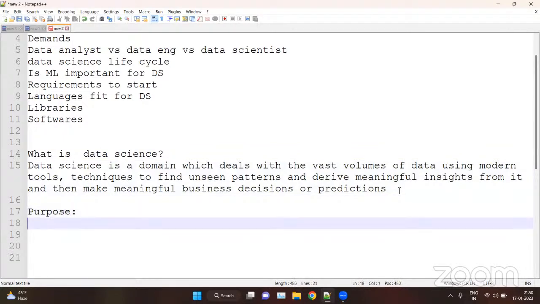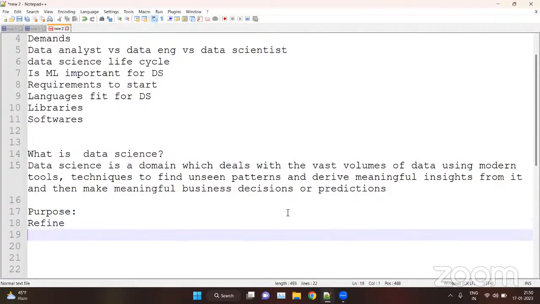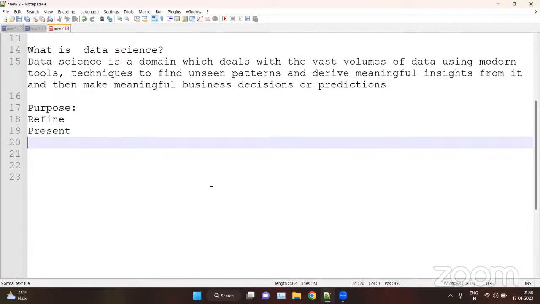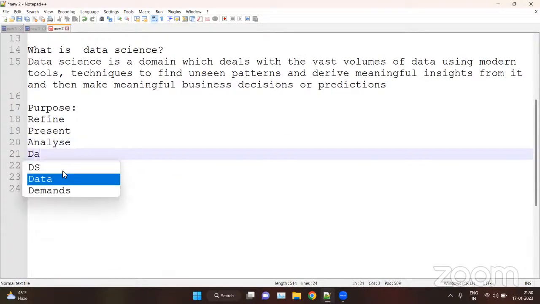For example, we can write here the purpose, the overall meaning. We have a large amount of data. First we refine the data, then we analyze the data. So: refine, present, analyze, and draw meaningful insights from it.